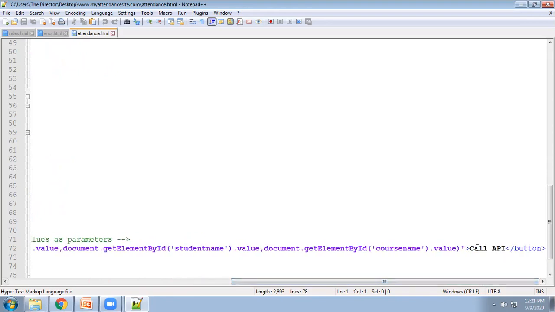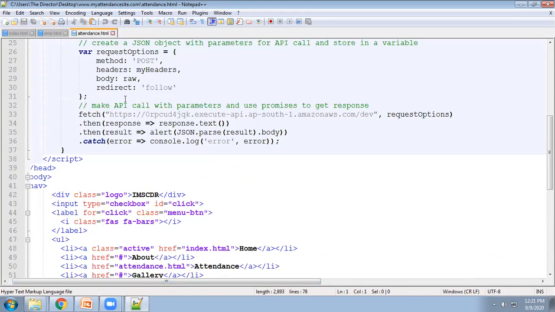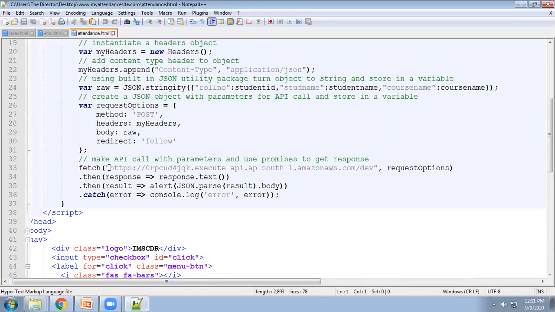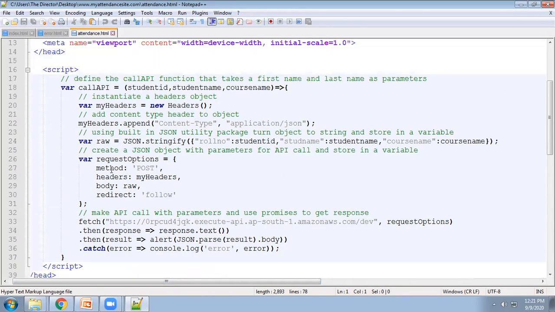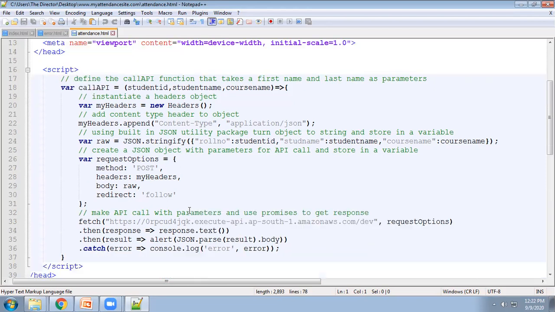And I am giving the API name, that button name is call API. So as soon as you call this API, it gives that input. I have pasted the API reference URL here, and with the help of these three fields, I am passing these three fields to the API. So the API updates these three fields in DynamoDB, and let us see how to test this.